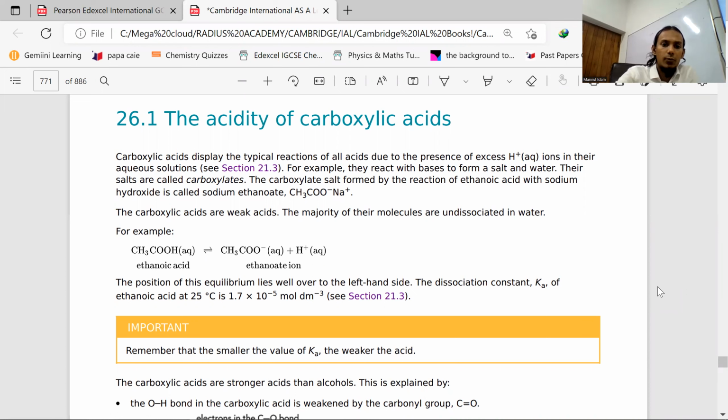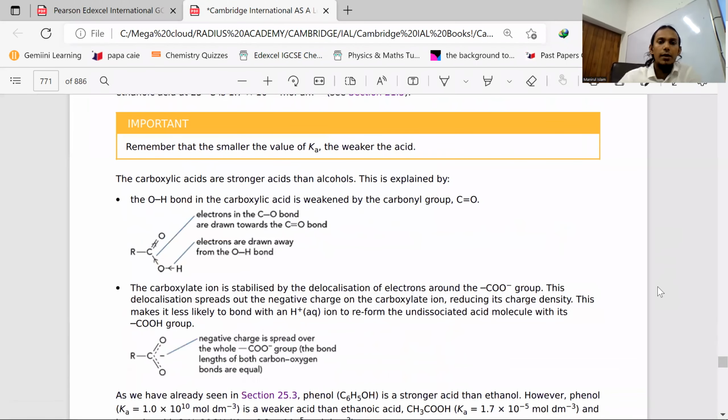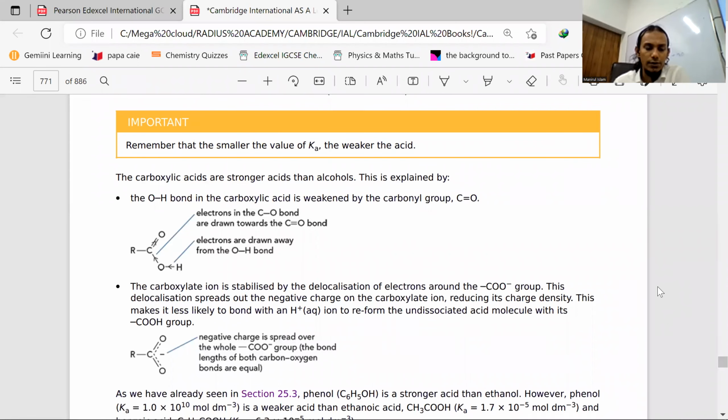So remember that the smaller the value of Ka, the weaker the acid, right? Agreed? Smaller the value of Ka, weaker the acid. The carboxylic acids are stronger acids than alcohols because the OH bond in carboxylic acid is, same as phenol, same discussion here, weakened by the carbonyl group, C double bond O. Look, C double bond O: the carbon is delta positive,